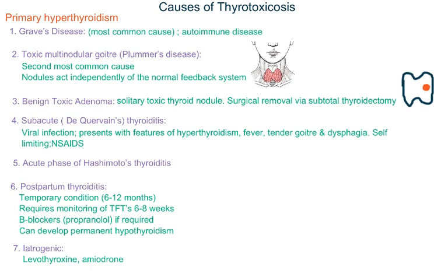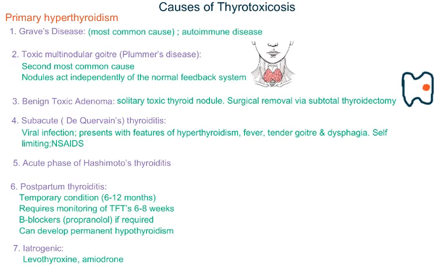Some women present with thyroiditis 3 to 6 months after giving birth. It has a hyperthyroid phase followed by a hypothyroid phase before complete recovery. It is also a temporary condition, so no need to give any anti-thyroid medication. We just need to monitor thyroid function test every 6 to 8 weeks. Sometimes we can give beta blockers like propranolol to control the adrenaline-related symptoms like tachycardia and anxiety. In some women, however, the gland may not recover from the hypothyroid phase, so they can develop permanent hypothyroidism.